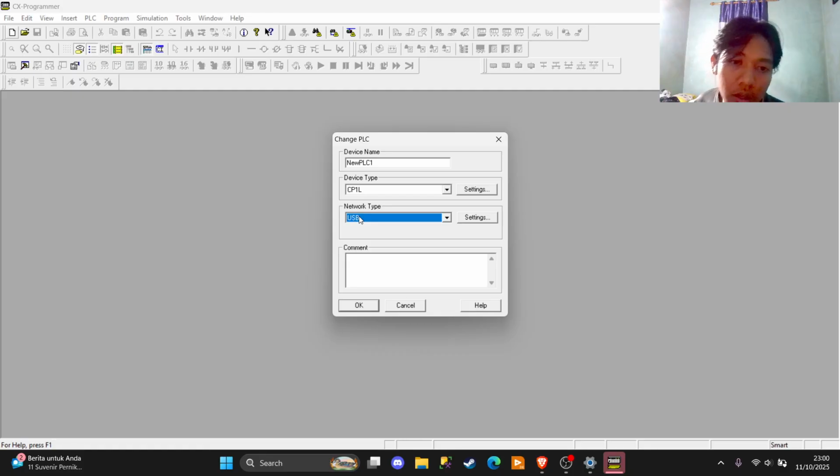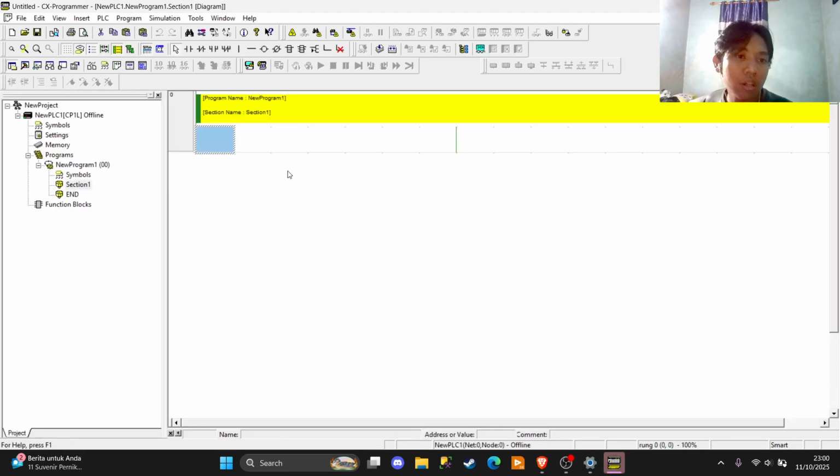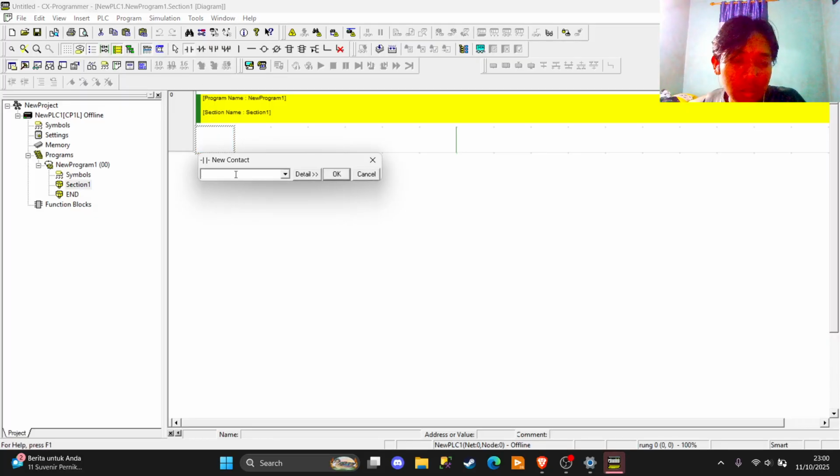After the practical, we use something like output. The output is a pneumatic cylinder. Okay, and then we click OK in here. The first thing we should do is make an interlocking system.